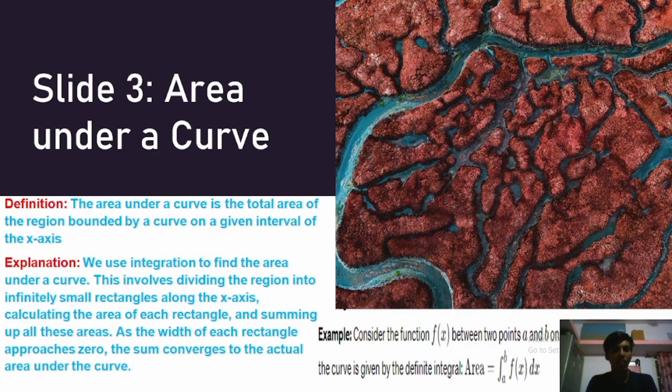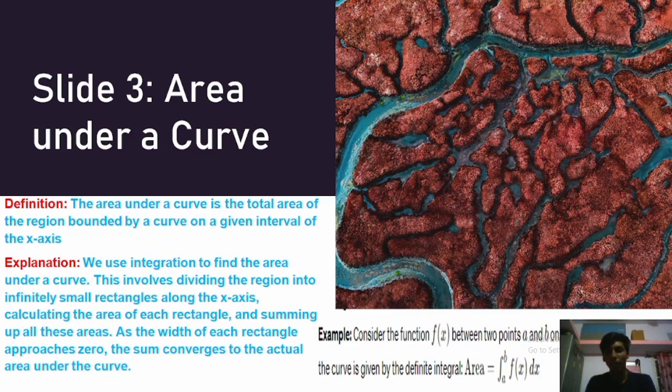Slide 3. Area under a curve. Definition: the area under a curve is the total area of a region bounded by the curve on a given interval of the axis. Explanation: we use integration to find the area under a curve. This involves dividing the region into small rectangles along the x-axis, calculating the area of each rectangle, and summing up all these areas. As the width of each rectangle approaches 0, the sum converges to the actual area under the